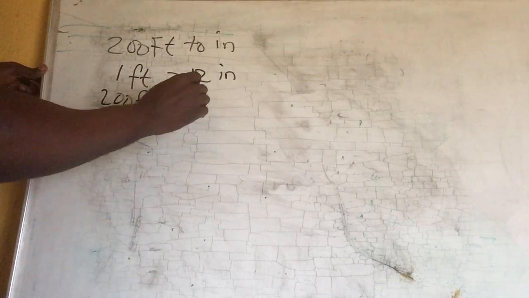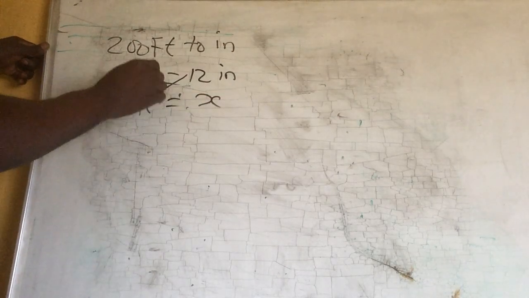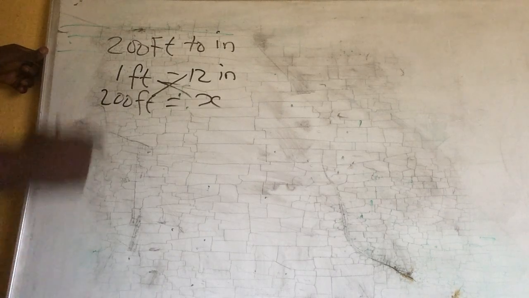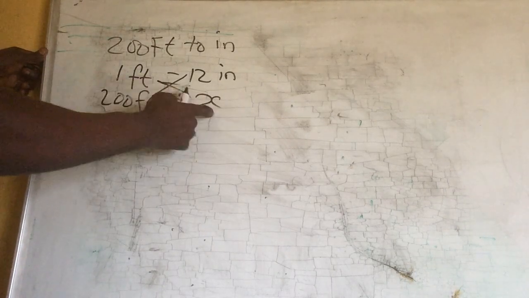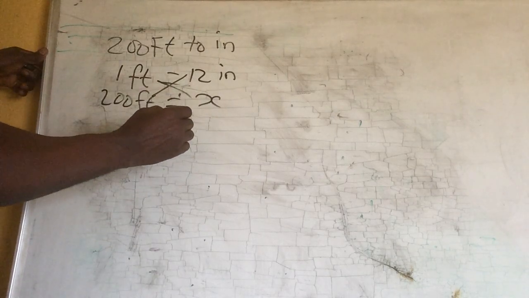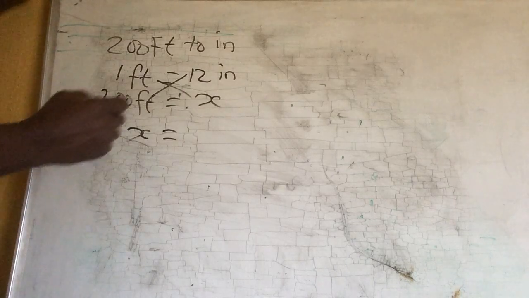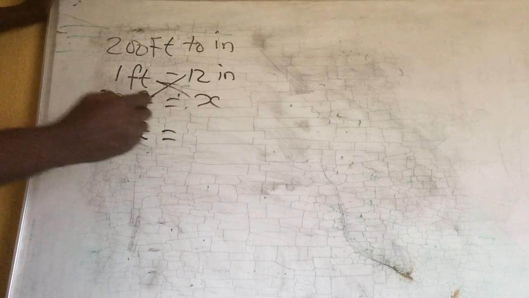What it is here, you don't know. You now say cross multiply. Cross what? Multiply. Now say x times 1, times x is x, equals 200 times 12, which you use your calculator or any other means to multiply, and you have 2,400